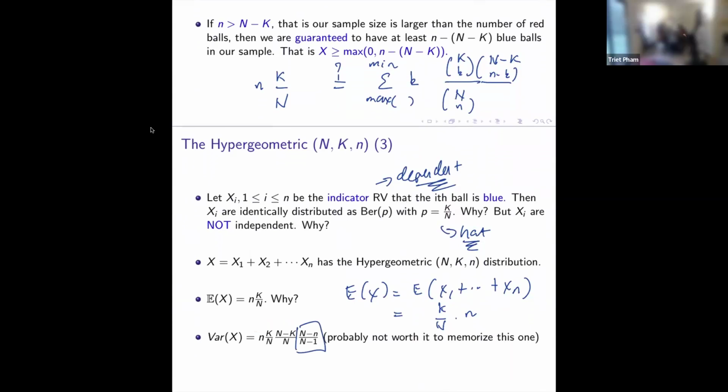Why is it there? It is there because, exactly, these are non-independent. That's where you see the non-independence show up in the sum,